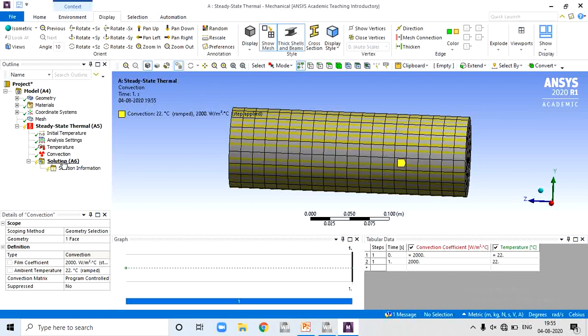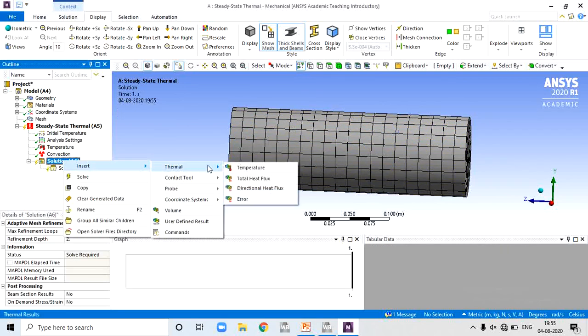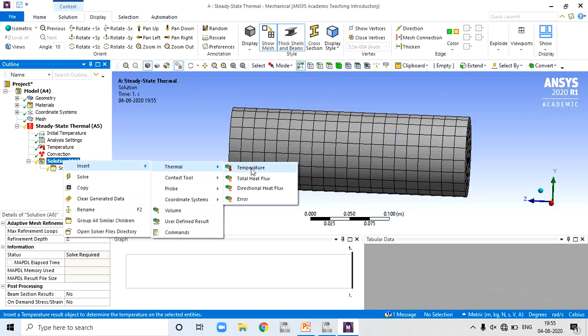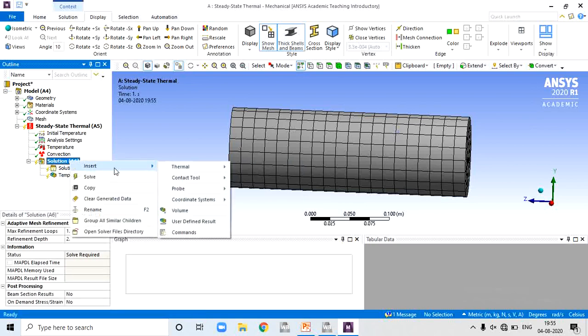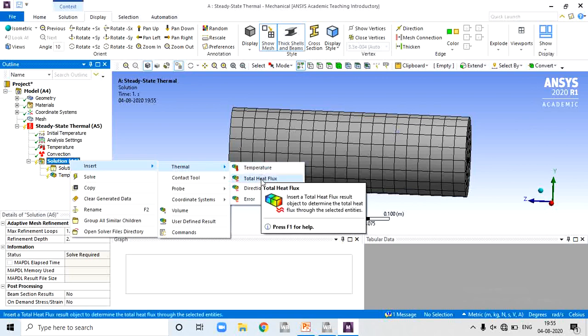After that, solution. In thermal analysis, we need a solution in terms of temperature variation from the free end, or right end, to the left end. So select temperature. Again, we insert, then thermal, and we can also solve in terms of total heat flux.